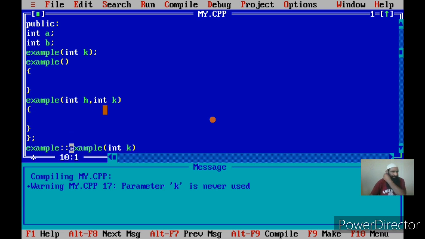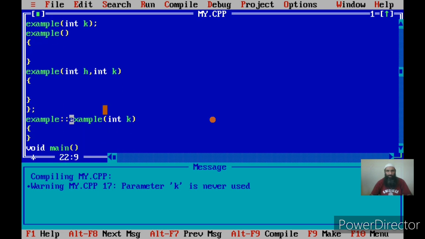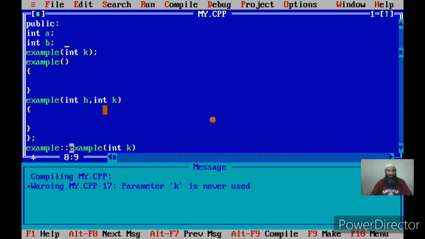One is the normal no argument constructor Example, which is called a default constructor. Second is the two argument constructor, and then I have one more constructor, the one argument constructor, which I have defined outside the class. So this class has three constructors, and all three functions have the same name, Example.